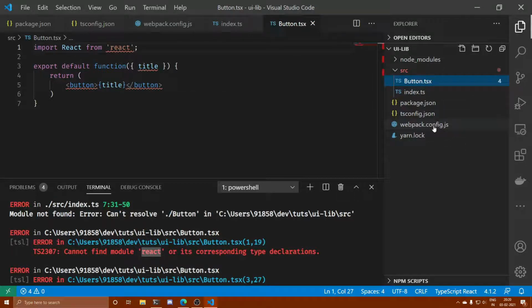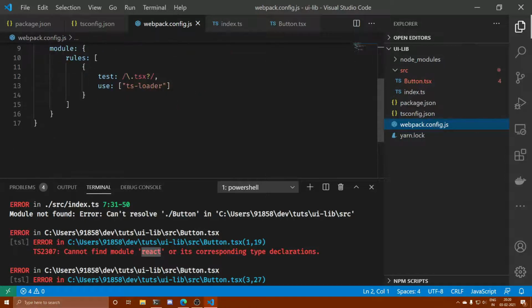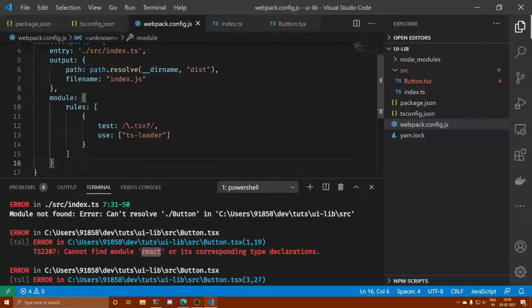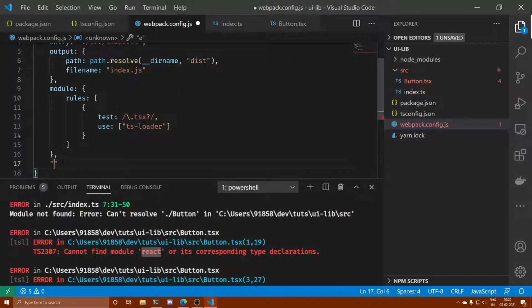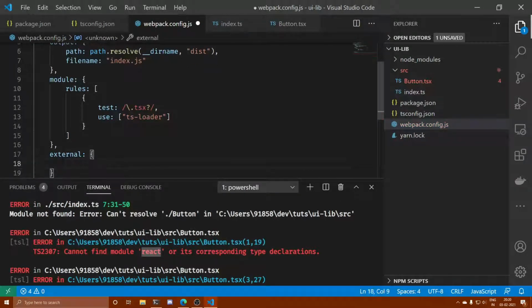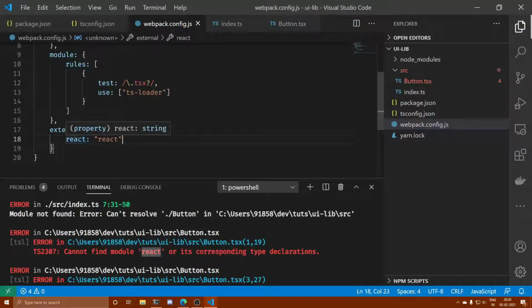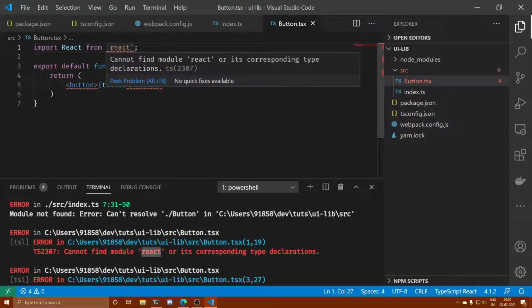So we have to go back to config file, and over here we have to mention that React is going to be an external dependency, so it should not try to pass React. To do that we have to do thing like this. Okay, so this will instruct that as soon as you get to see this syntax, do not just try to pull in the code from the React library, because it is not going to be found.